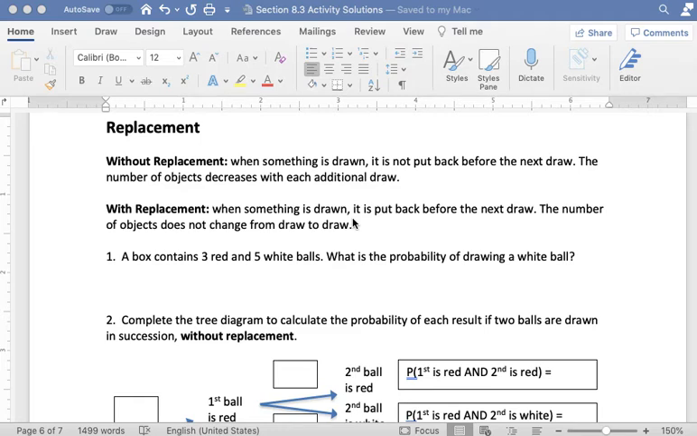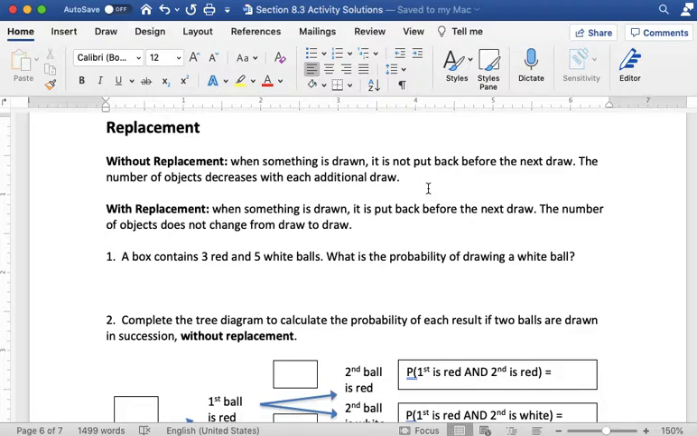In this video, we're going to talk about replacement. If we are drawing something from a bag or from a deck of cards, there's really two possibilities for how it could be done. We could do without replacement or with replacement. If we are drawing without replacement, then that means that when something is drawn, it is not put back before the next draw. So our total number of objects in the set is decreasing because whatever we're taking out, we're